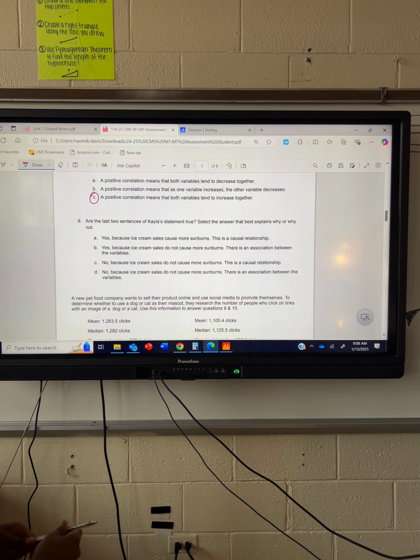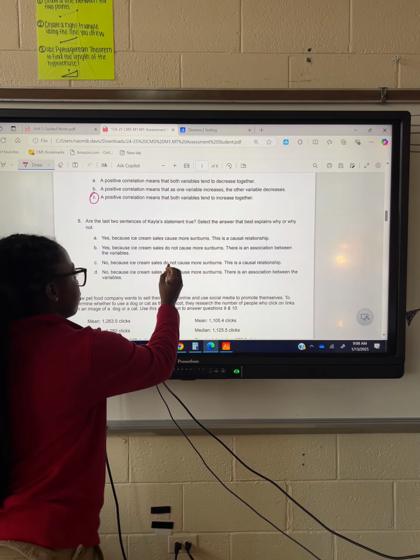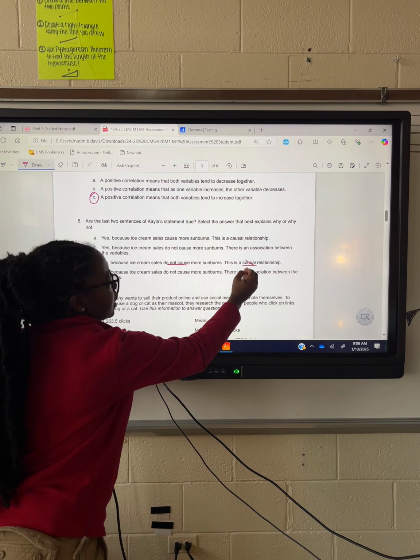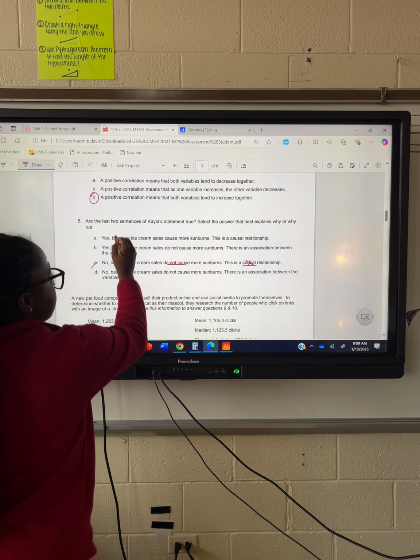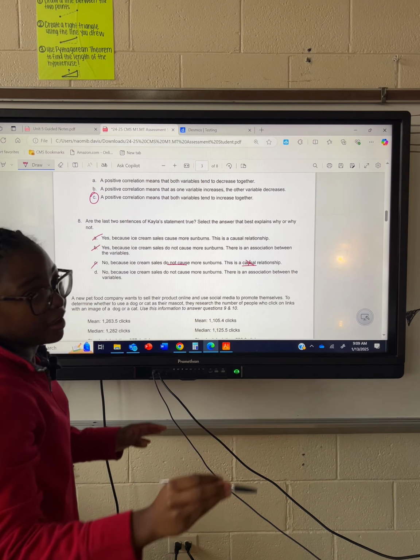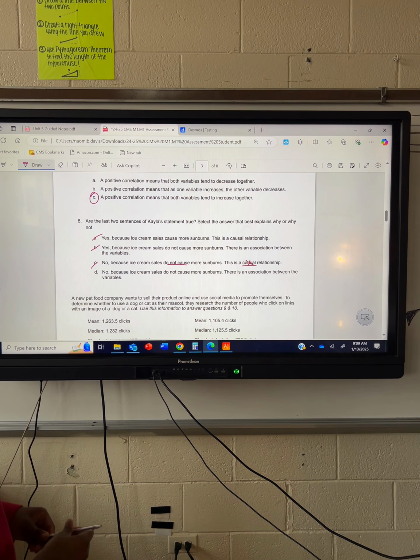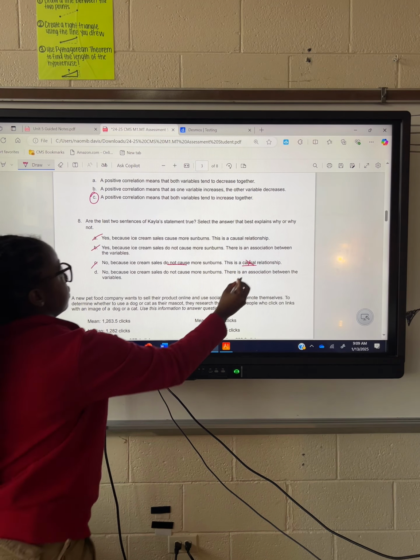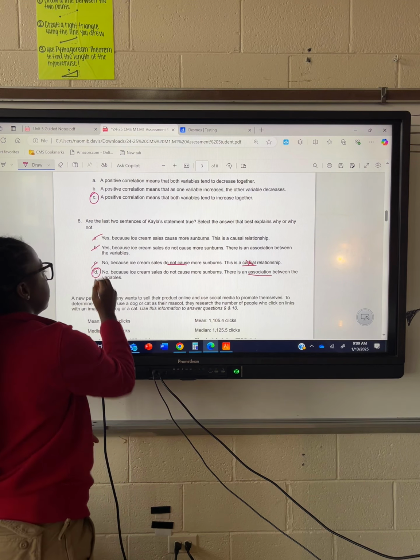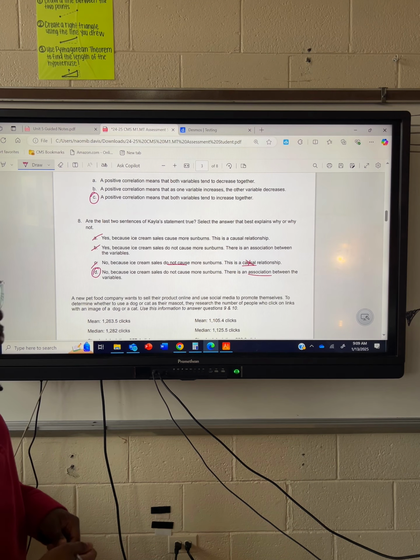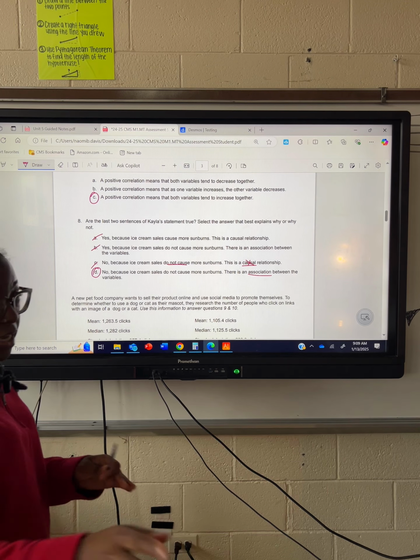The answer best explains why or why not. No, because ice cream sales do not cause more sunburns. This is a causal relationship. No, because if it does not cause, then it wouldn't be a causal relationship. So it's not that one. And we know it's not this one because we already said she can't say that. No, because ice cream sales do not cause more sunburns. There is an association. Remember, association and causation? That's right. There's a relationship between the two, or an association between the two, but we cannot say that one